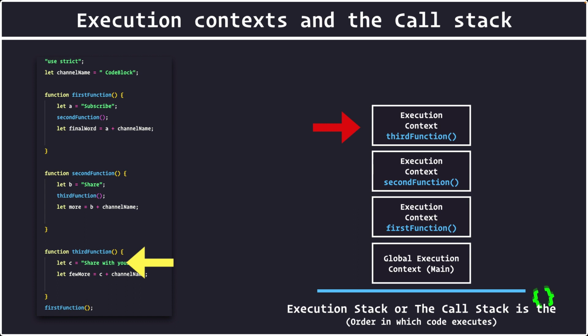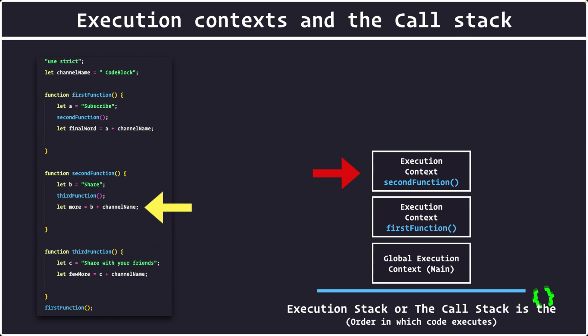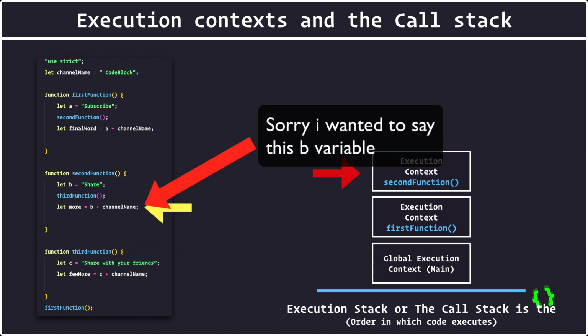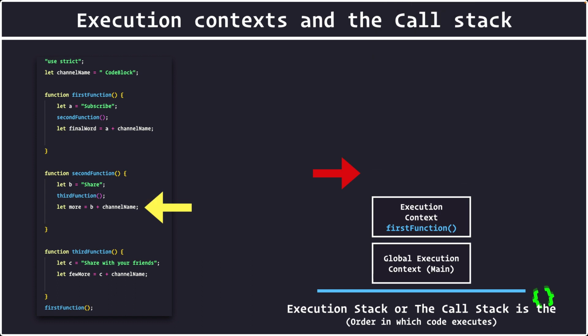So this function has now done all its work, and so we say when a function is done, it returns. So what happens to its execution context? Well, it simply gets popped off the stack. Then the context of the second function, which called the third function, is back to being the active context, and we go back to the second function. So this C variable gets stored in the current context, and after this function returns, this context also pops off